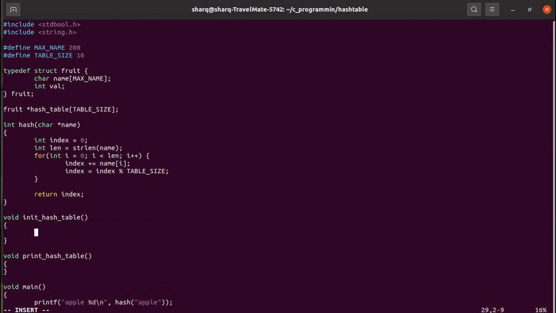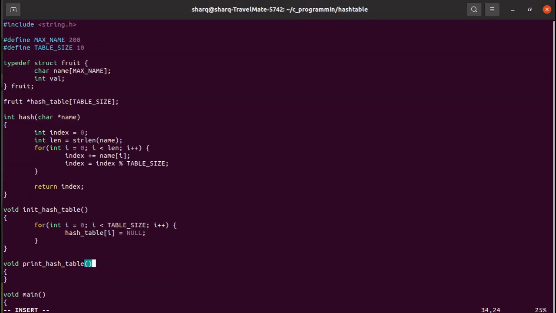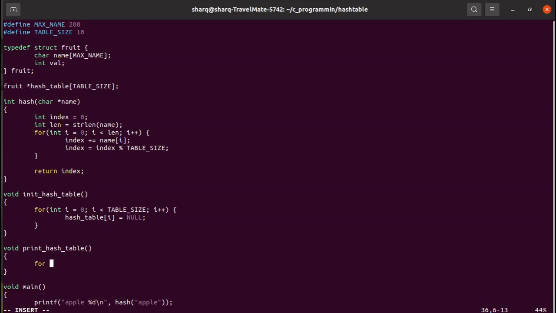To initialize the hash table, we'll run a loop of the table size, and we'll put each value as null. So the hash table for each position will be equal to null because there is no value. And in case of print, we'll just print it in the same way,